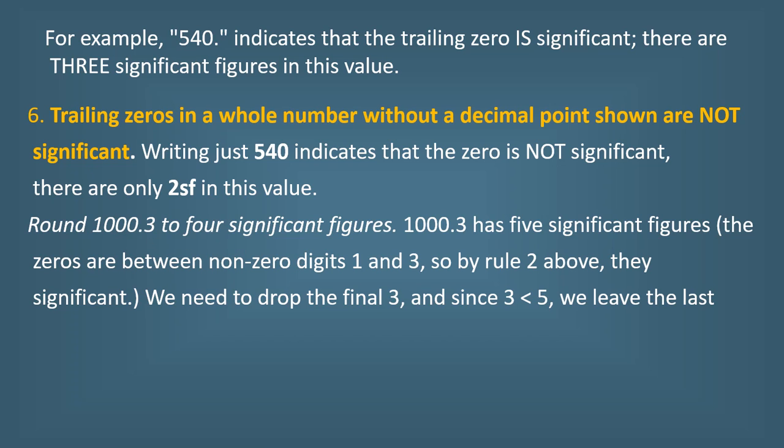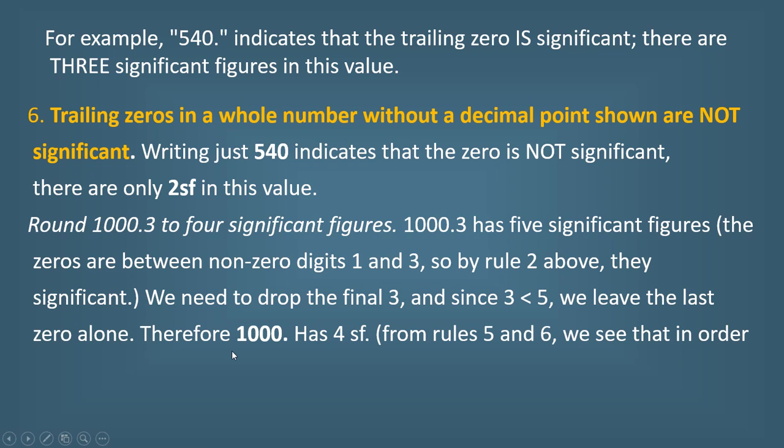We need to drop the final 3. We want to round this off to 4 significant figures, and therefore it has 5. Okay, it has 5. So how do we round this off to 4 significant figures? Now we say we need to drop the final 3, since 3 is less than 5. Okay, now we leave the last